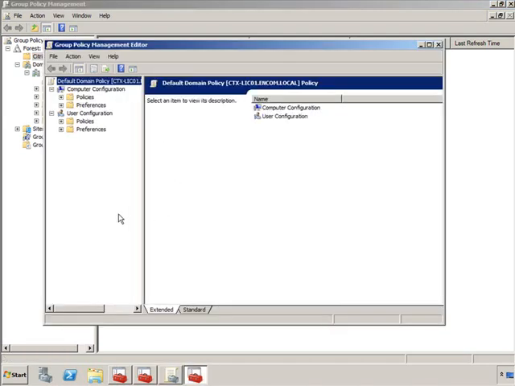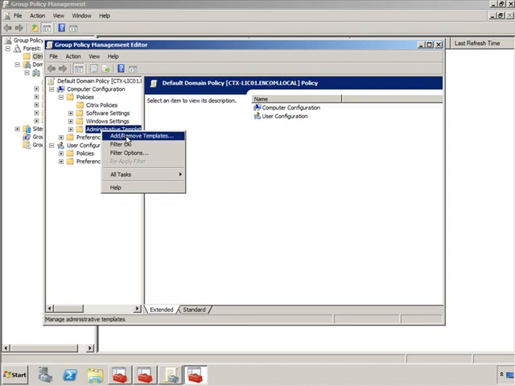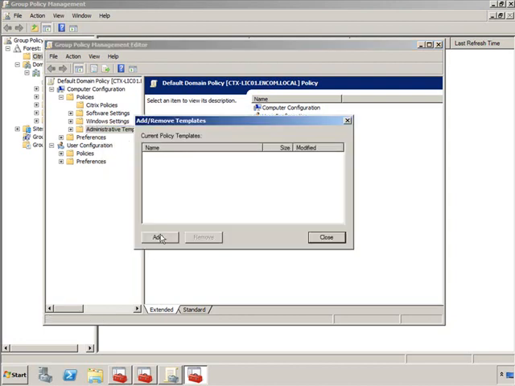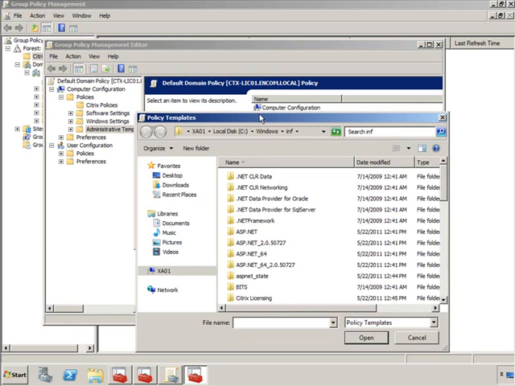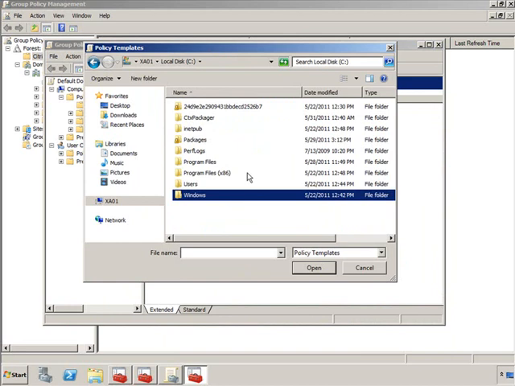And because this is a computer configuration, so the software is installed on a particular computer, we're going to load it under computer configuration. We are going to go ahead and expand policies here. And as you know, administrative templates or ADM files are loaded under administrative templates. So I'm going to right click, we're going to click on add remove templates, and then we're going to click on add. Now the location of the ICA client.adm, as I told you before, is going to be on the local disk inside of program files,